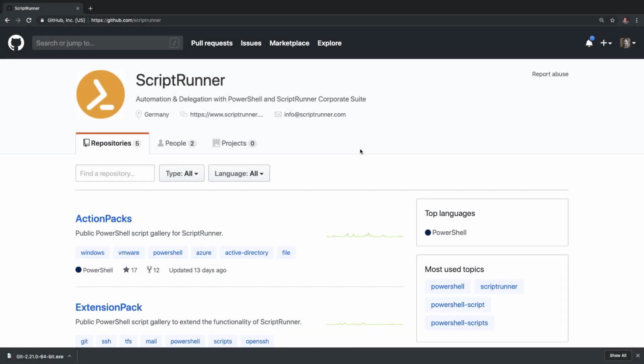In ScriptRunner, you can centralize a lot of your scripts into one single spot. The use case is that we're going to download a PowerShell script and then upload it into ScriptRunner, and I'll show you how that whole process works and how you can make that process work in your environment.